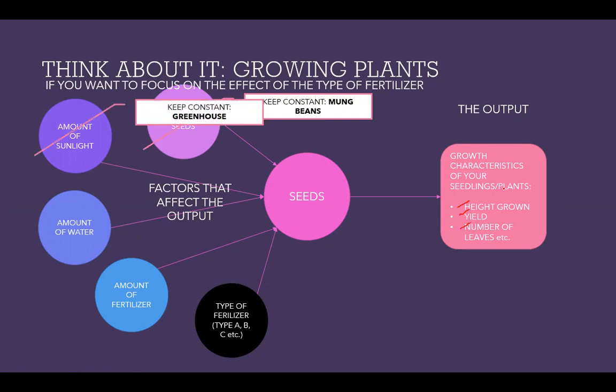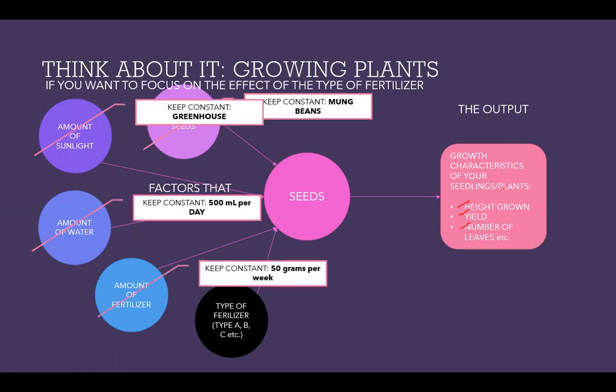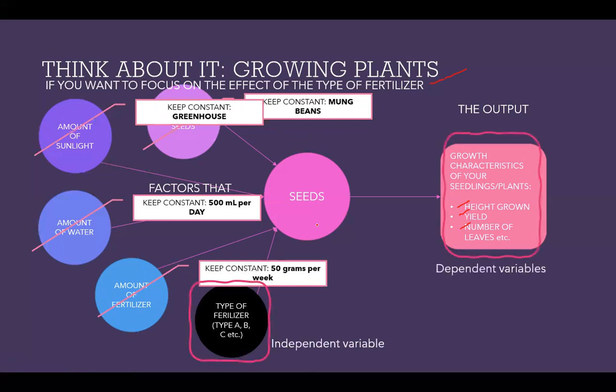So all the seeds or the samples are going to be placed in one place only. The amount of water is to be kept constant, set to 500 ml per day, let's say. And also the amount of fertilizer. So what we will be left with is the type of fertilizer that we have, since we want to focus on the effect of the type of fertilizer, right? So, in this case, our independent variable is the type of fertilizer, while the dependent variables are the